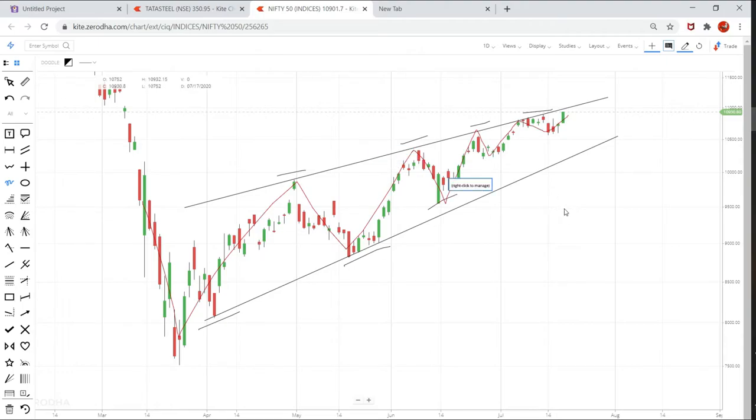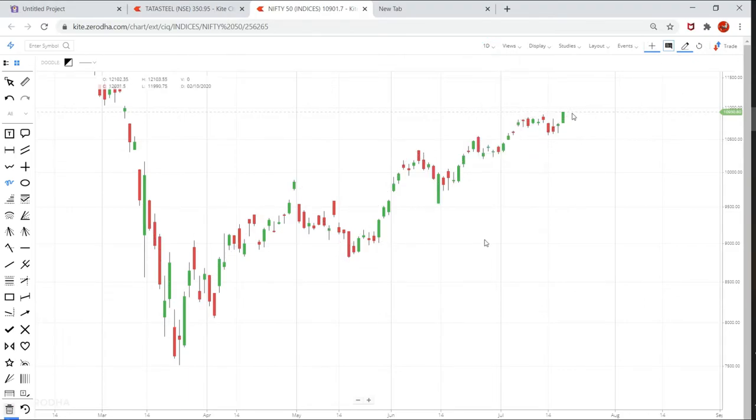Trend lines basically help you understand if any trend reversal is happening or if any breakouts are there, or where the support and resistance of a stock or index are, and based on that you can trade. So I'll move on to my strategy. My strategy is on a 1 minute time frame, so I'll quickly remove this and go to 1 minute.